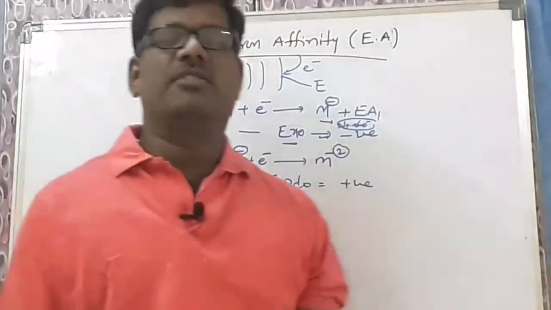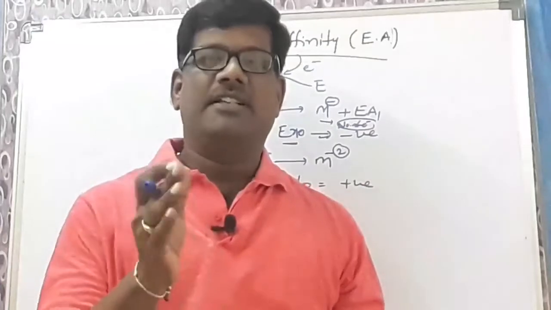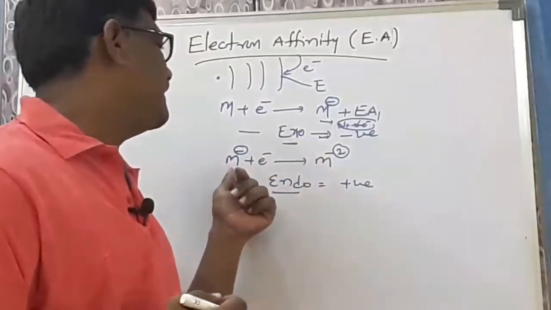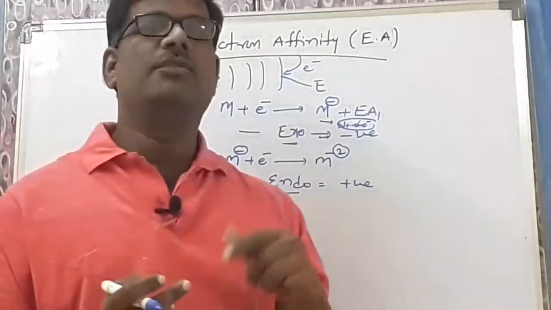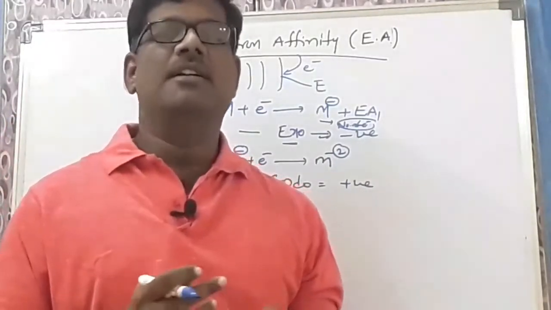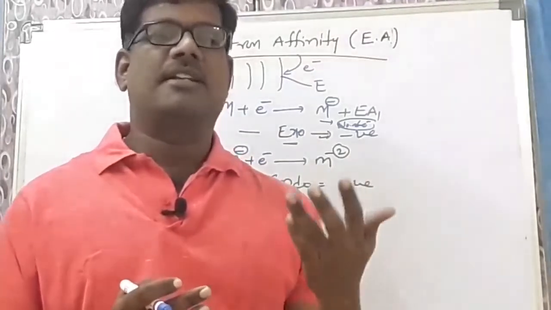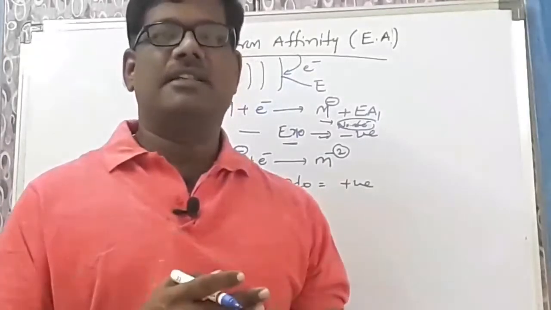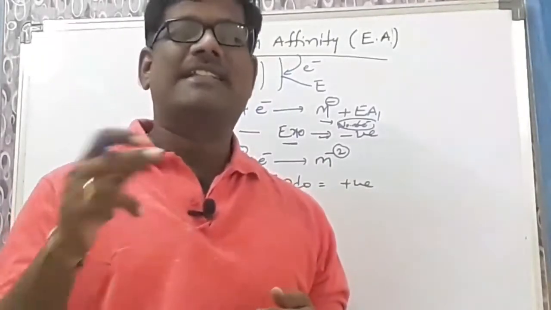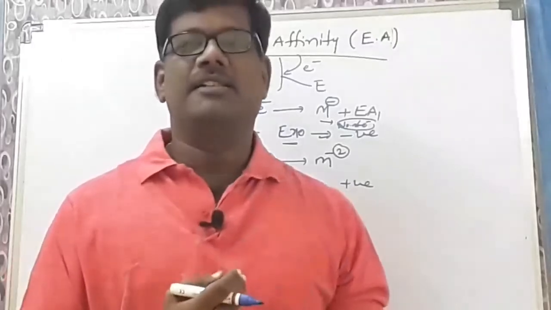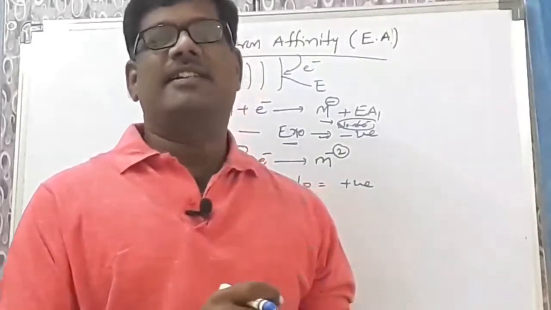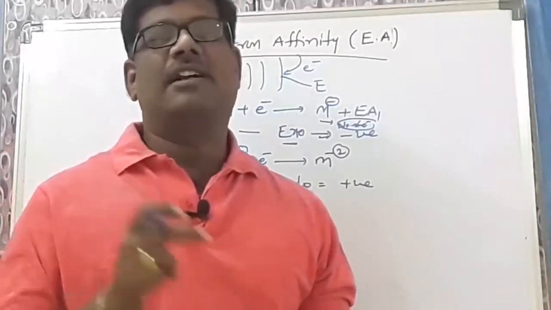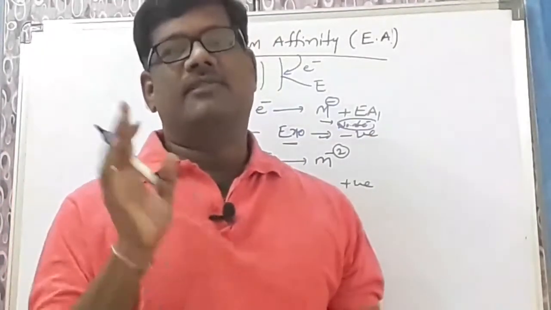Here is a very important question. Why is the second electron affinity positive? During the first electron affinity, the ion formed is the uni-negative charged ion, which has more electrons. Electrons are high, so repulsion will be high. You are adding another electron, repulsion further increases. To overcome this repulsion, instead of energy releasing, you have to supply the energy. That's why it is called an endothermic reaction. Whenever it is an endothermic reaction, delta H will be positive.